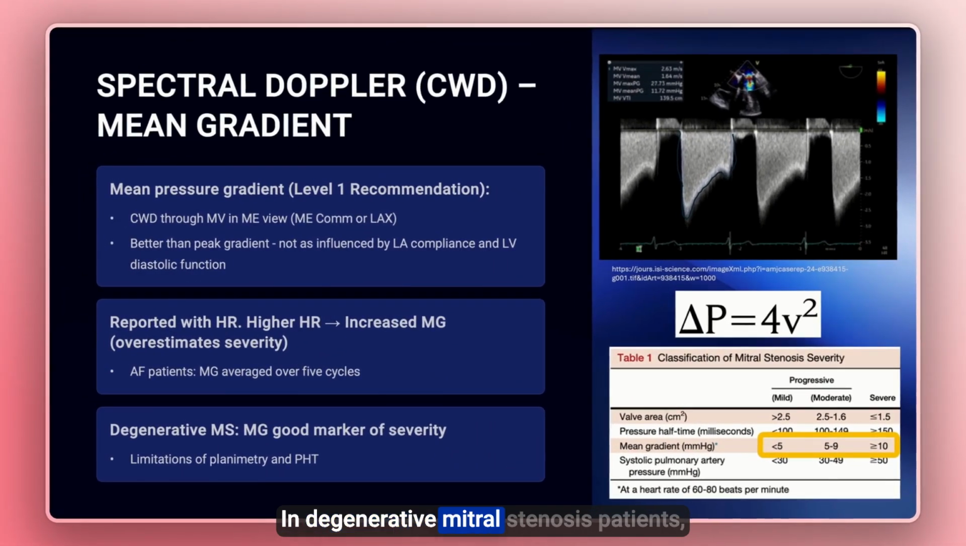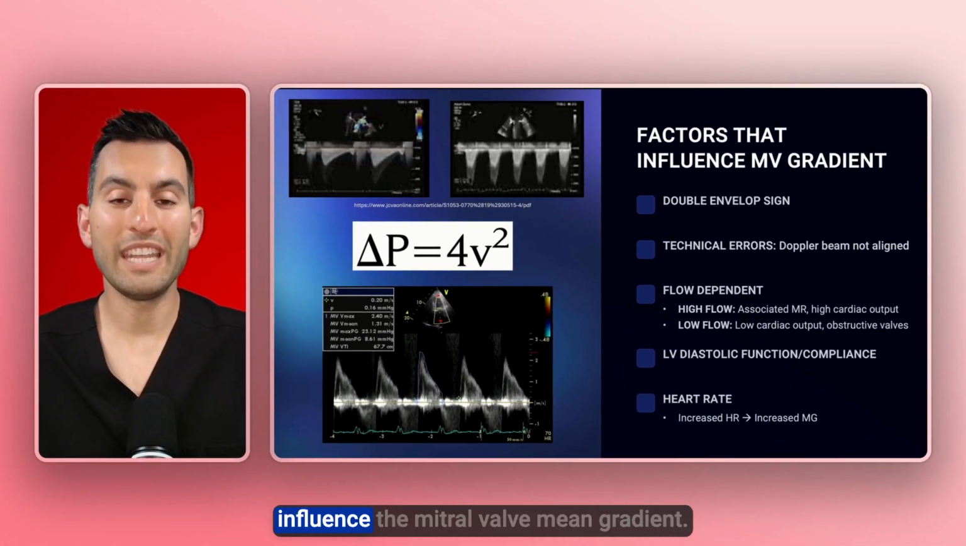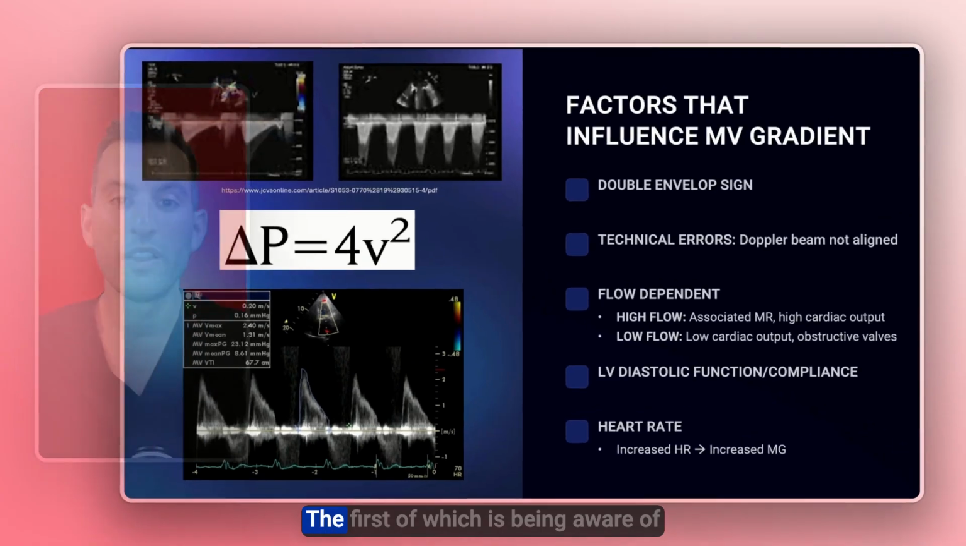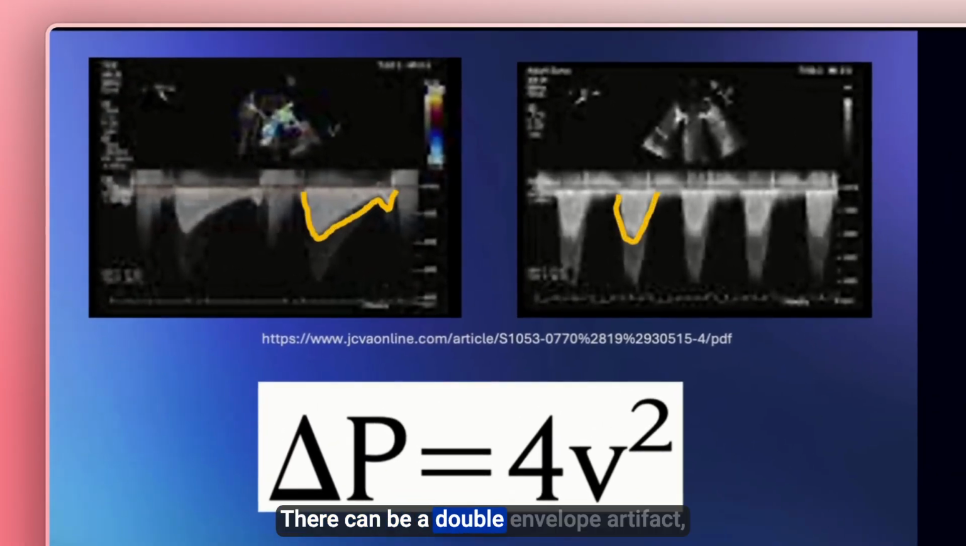In degenerative mitral stenosis patients, mean gradient is a good marker of valve severity as there are some significant limitations to planimetry and pressure half-time in degenerative mitral stenosis patients. Let's look at a few of the factors that it's important to be aware of that can influence the mitral valve mean gradient. The first of which is being aware of a possible double envelope sign. There can be a double envelope artifact, and you need to measure the smaller one here to get a true